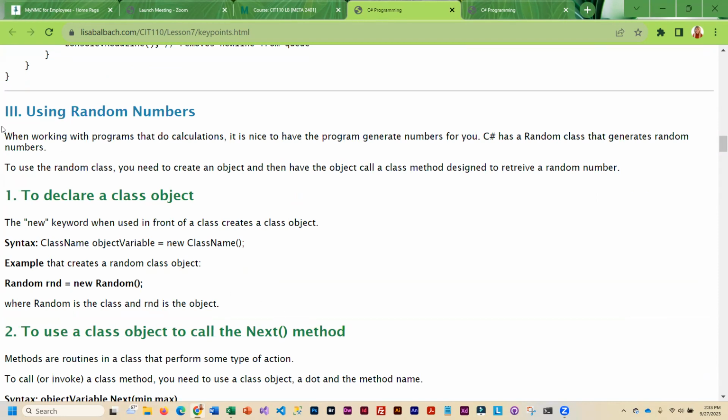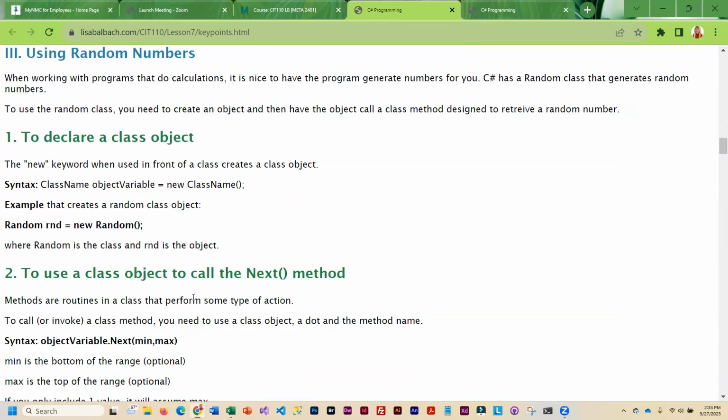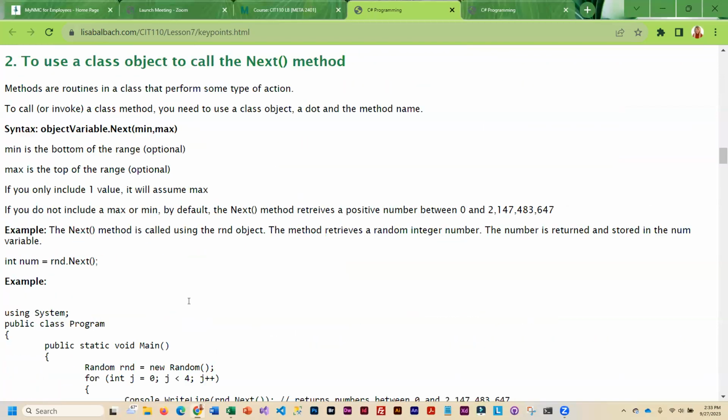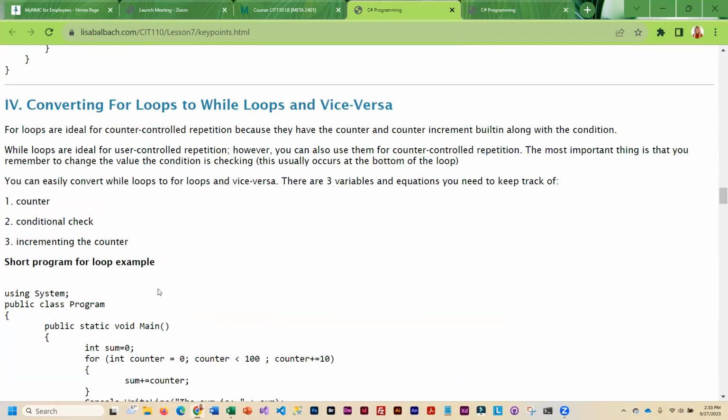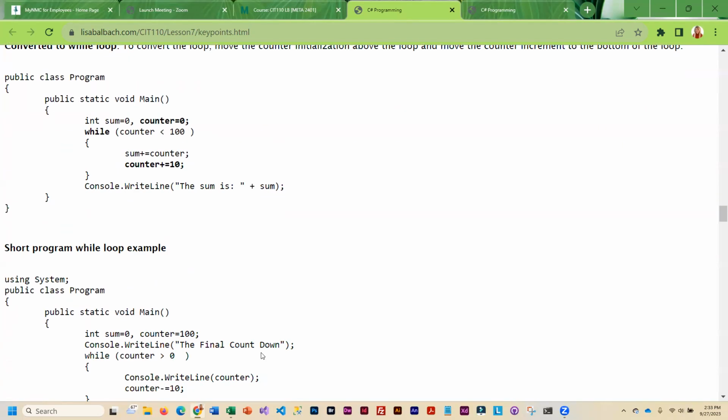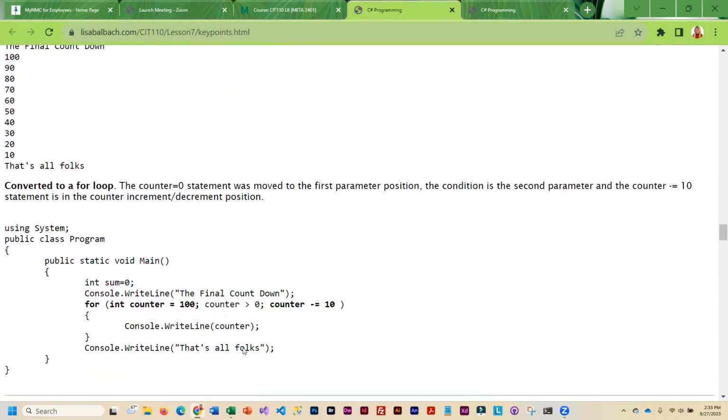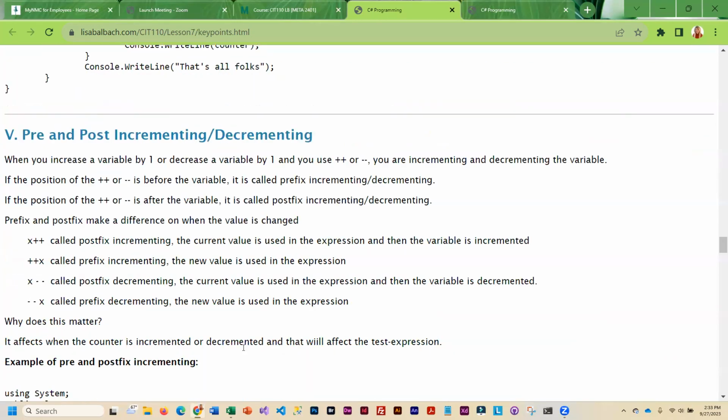In addition to that, I am covering some kind of fun information like random numbers, which are typically used for games and that type of thing. And also, there's information on how to convert a for loop into a while loop and how to convert a while loop into a for loop, because both for loops and while loops are used for repetition.